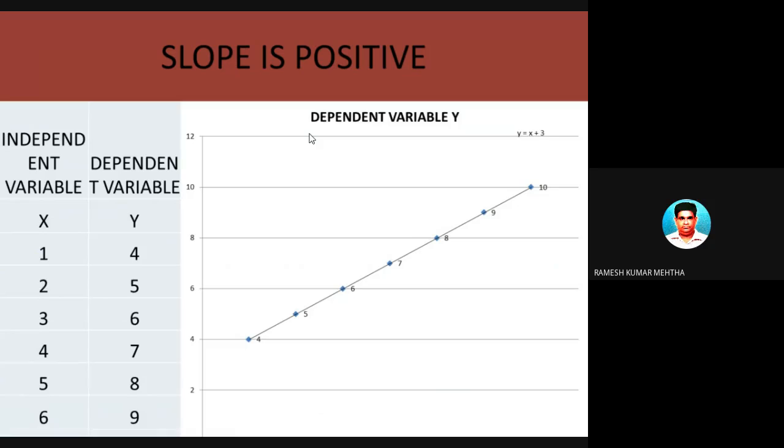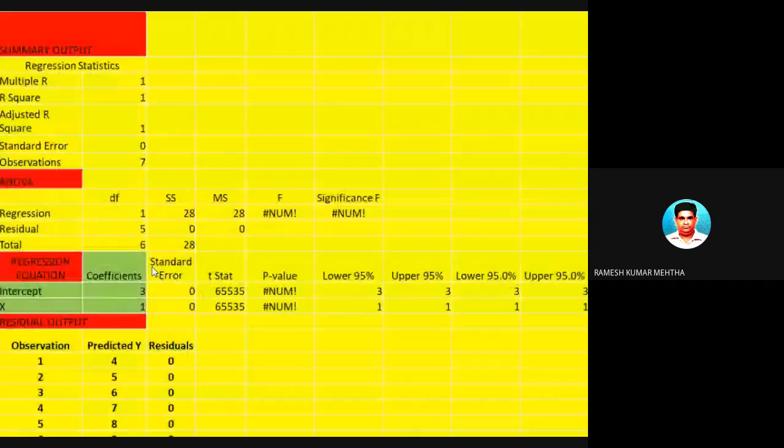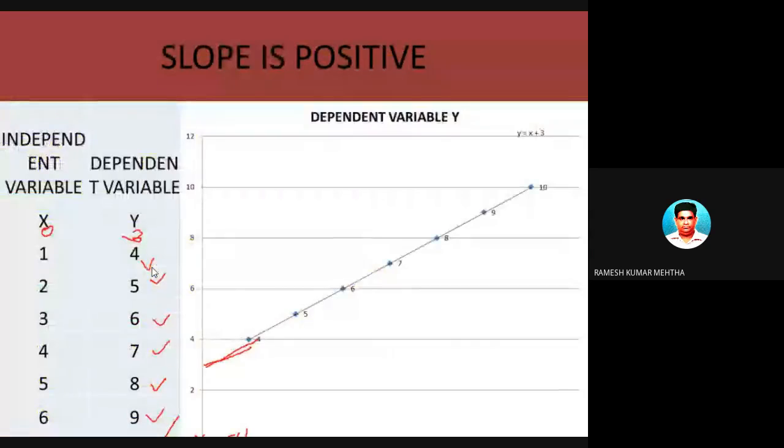Here I'm taking another example: number of hours studied and number of marks secured. So number of hours studied is 1 hour, 2 hours, 3 hours, 4 hours, 5 hours, 6 hours and 7 hours. And the number of marks secured are 4, 5, 6, 7, 8, 9 and 10 marks. If this were 0, I think this would have been 3. Means when x is equal to 0, number of hours studied is equal to 0, probably the line would have started from here. Again, I'm telling you the most important point: how to find out the value of the intercept or the value of the constant.